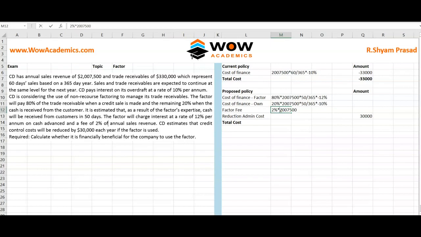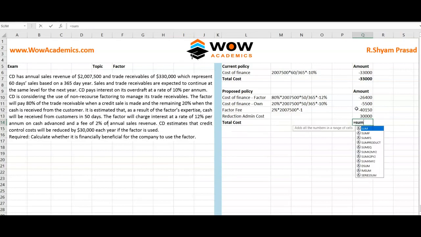So if you want, we'll adjust it into -1. We'll take it as into -1 so that it gets adjusted as a negative number. So we'll go to the amount column. So here we'll take it as equal. So we'll take a sum. So our sum is going to be